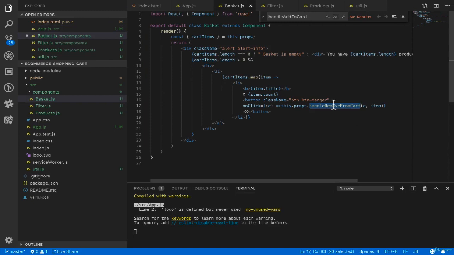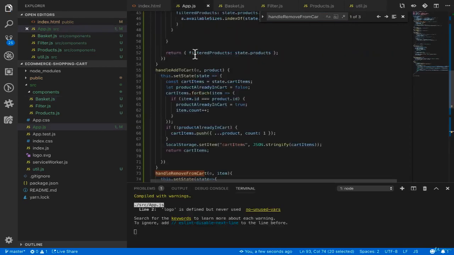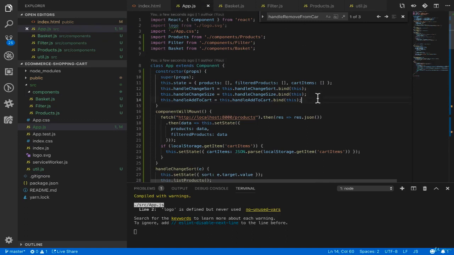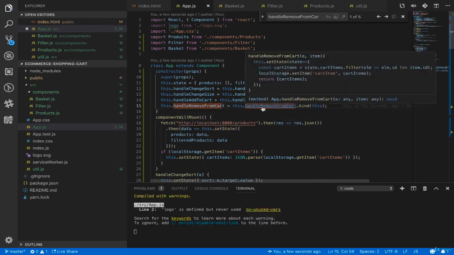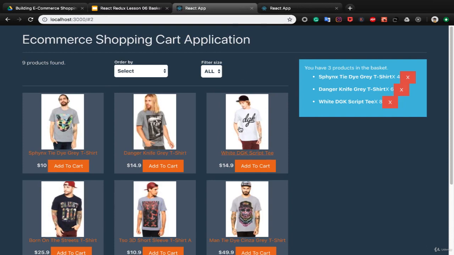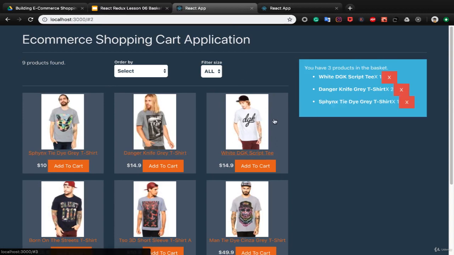Let's go back to the basket, and inside here there is a typo error, and also we need to bind this for handleRemoveFromCart, and the handleRemoveFromCart is ready. Let's remove item. You see it works, and the basket is empty, and if you click on items, you see items